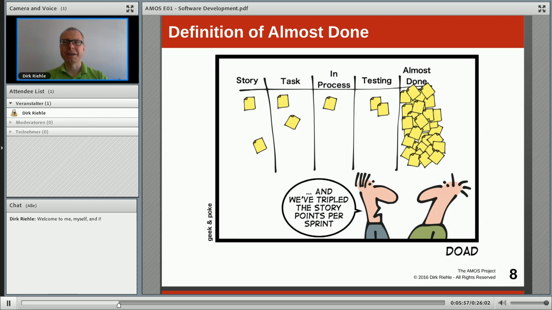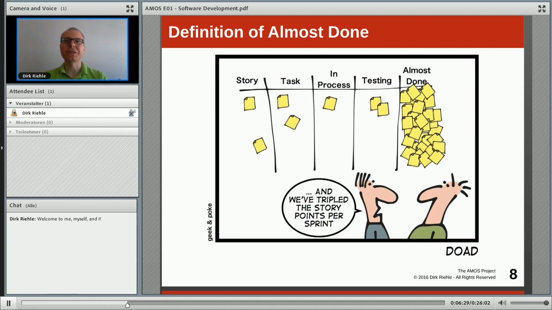Here is why the definition of done is important. These task boards are very easy, so pick them up if you want to. And you can see how you have your stories or your sprint backlog broken down into tasks, which are then put in process, become work in progress. They are in testing mode. And if your feature implementation passes your definition of done, then you can consider it done.